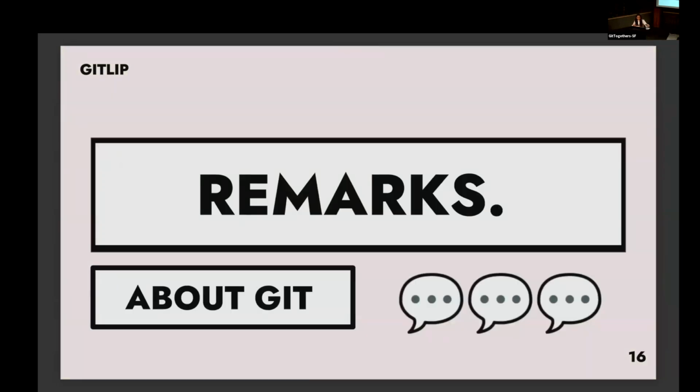So, remarks about Git that we hope to address in the future. While building the Git server, we encountered a few issues that I would like to mention briefly. So one, the Git smart protocol for syncing via fetch and push requests requires a full duplex channel for communication. This is needed so that the client and the server can negotiate the minimal pack file that will be sent